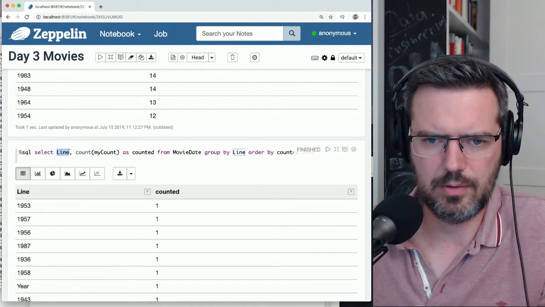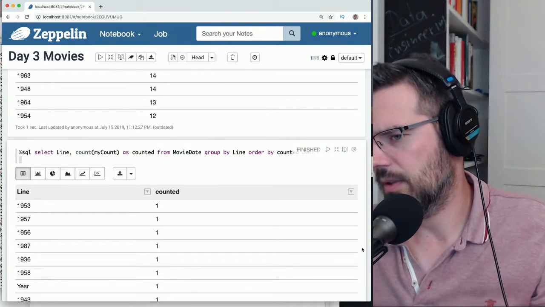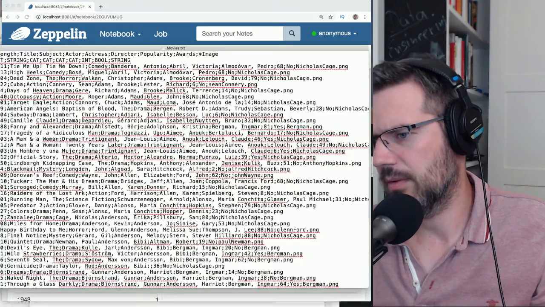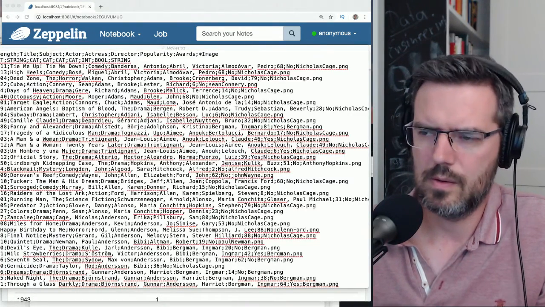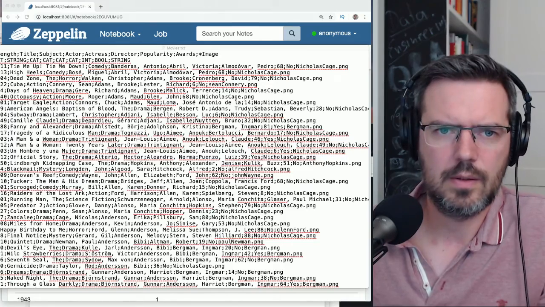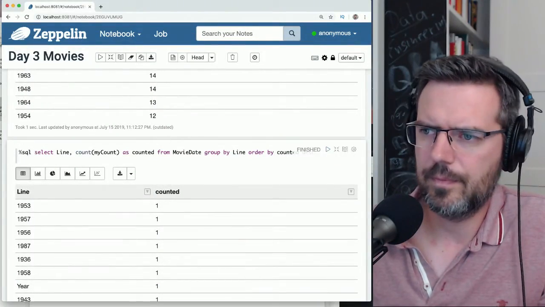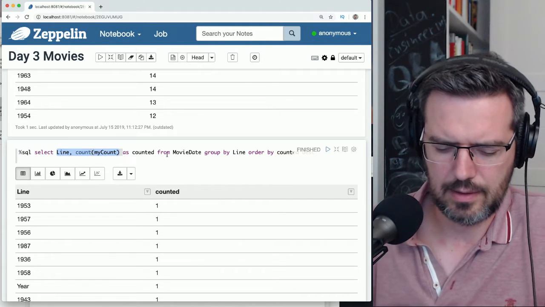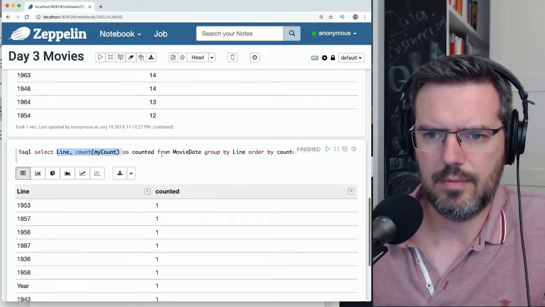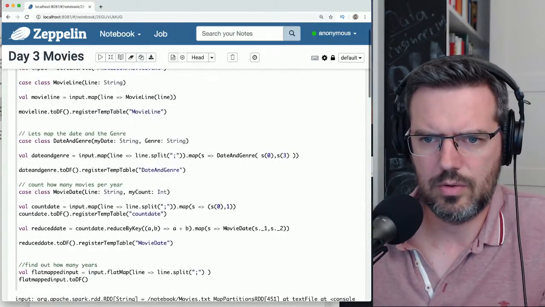How am I doing this now? Let me just bring up a quick text edit. Let's quickly throw this in here. So what we could do is we could say select, how was that, time and genre? My date and genre.